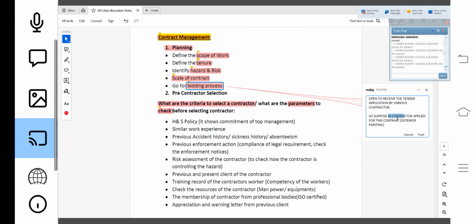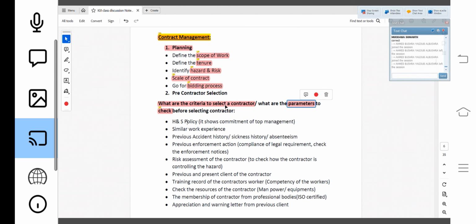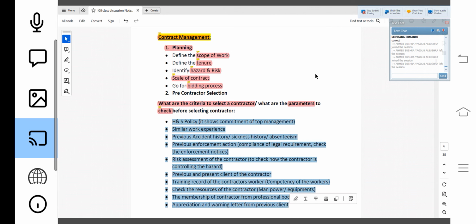So I will give the contract to the contractor who meets my parameters, my criteria. So these are the criteria which have to be met. Out of these 10, whoever meets these criteria, conditions or parameters, I will give the contract to him. Understood?